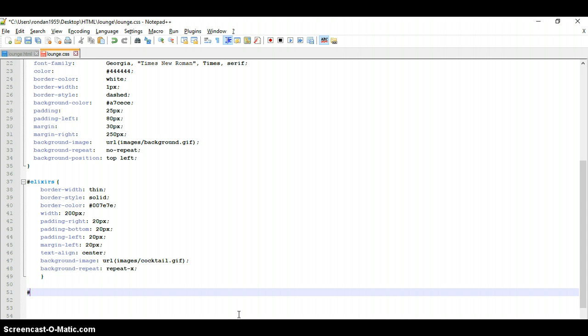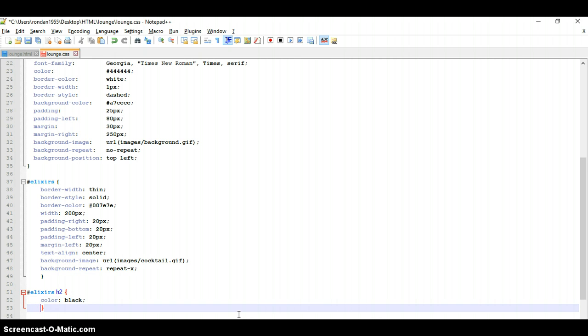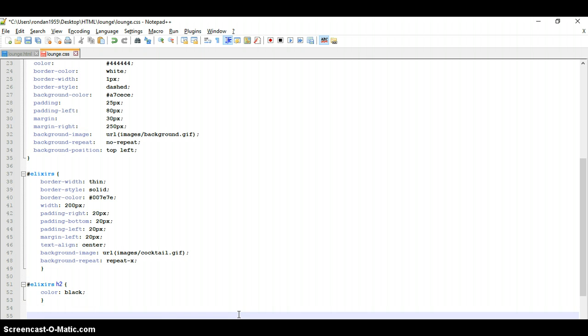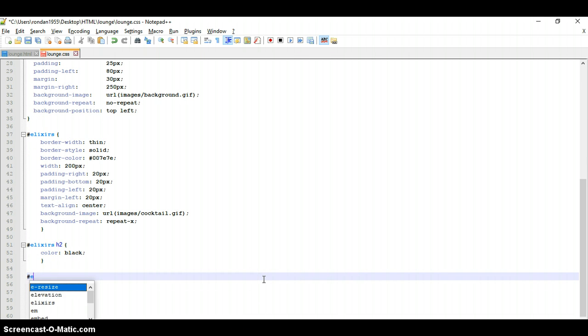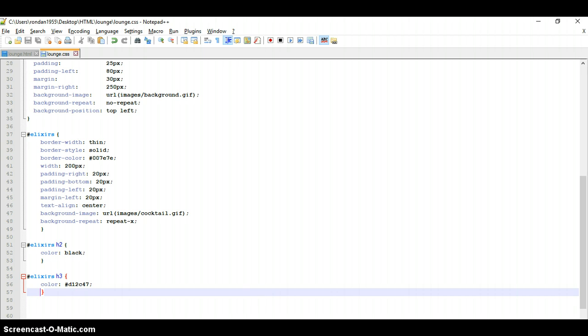Again, since it's inside the elixir DIV, we're going to say elixirs, space, and we're going to control the H2. So now we're going to type H2, open the curly bracket, and we're going to change the color of the text to black, semicolon. All right? And then I'm going to do the same thing, elixirs, but this time I'm going to control the H3 within elixir. And I'm going to change the color of that font to a hexadecimal color, which in this case will be D12C47, semicolon. Okay, so now let's control S, refresh the page,